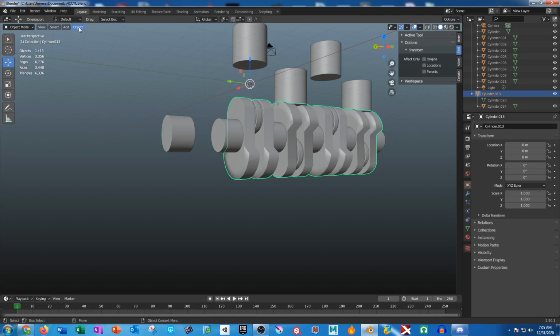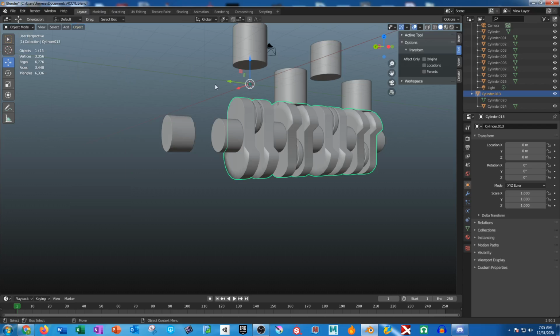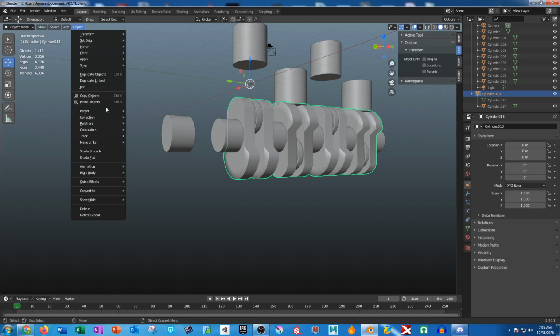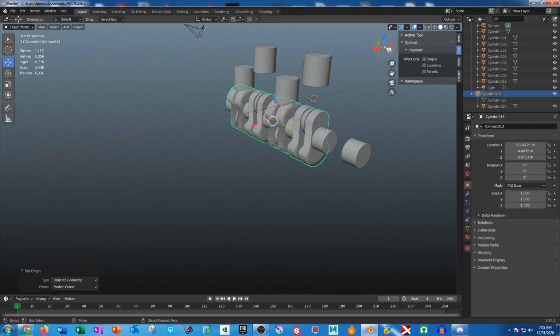So let's go ahead and go to object, and we're actually going to, what's this called? I'm trying to think of what this is called. It's basically, we're going to reset its pivot. So that's what we're wanting to do right now. Oh man, that sounds bad. Anyway, it's called set origin, and we're going to do origin to geometry. And what we're wanting to do is make sure that this is centered,